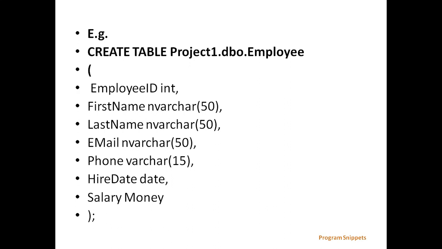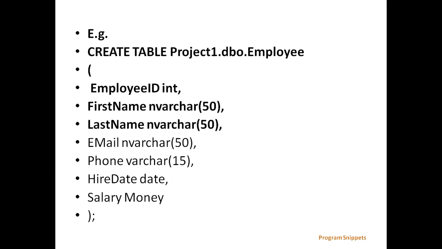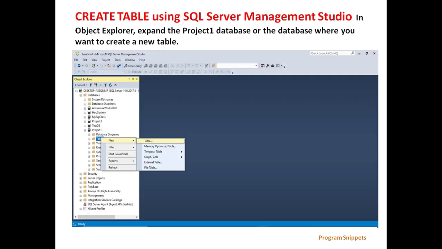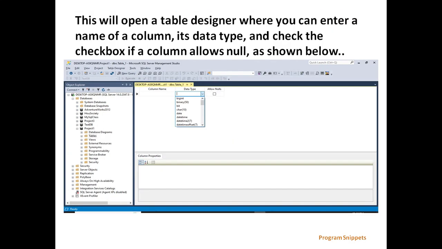And here different fields are defined: employee ID with type integer, first name with type nvarchar 50, last name with type nvarchar 50, email, phone number, hire date and salary. Here hire date is defined as date and salary is defined as money. Next we can create a table using SQL Server Management Studio. Here they expand the database where you want to create a new table, which will open a table designer where